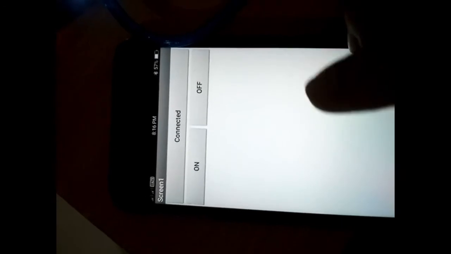Once you do that, you can see the option Connected appears. Now, with this on/off button you have to turn your LED on and off. When you press on, look here, your LED is glowing, and when you press off, your LED is off. Again check it: if I press on, my LED is on; if I press off, my LED is off. So on, off. This is a very nice app.